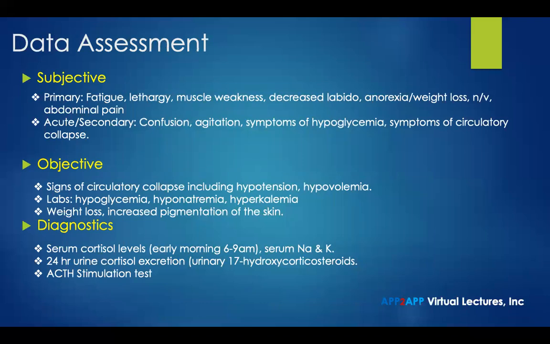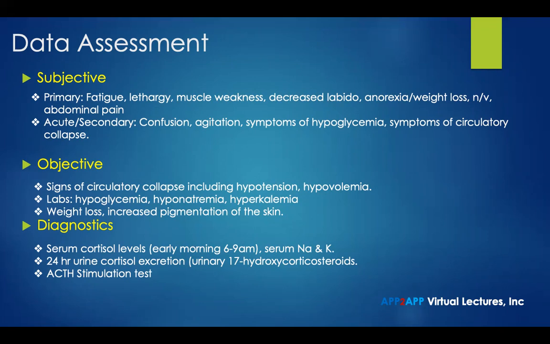Patients presenting with Addison's disease or Addisonian in primary, there's usually fatigue, lethargy. They'll complain of muscle weakness, decreased libido, anorexia with associated weight loss, nausea and vomiting, and even abdominal pain. In those individuals presenting with acute or secondary Addison's disease, they may present as being confused, agitated, with symptoms of hypoglycemia, symptoms of circulatory collapse. Objective findings, signs, as I've mentioned, signs of circulatory collapse, including hypotension and hypovolemia. On CMP they may be found to be hypoglycemic, hyponatremic, and hyperkalemic. There's usually an associated weight loss, increased pigmentation of the skin,